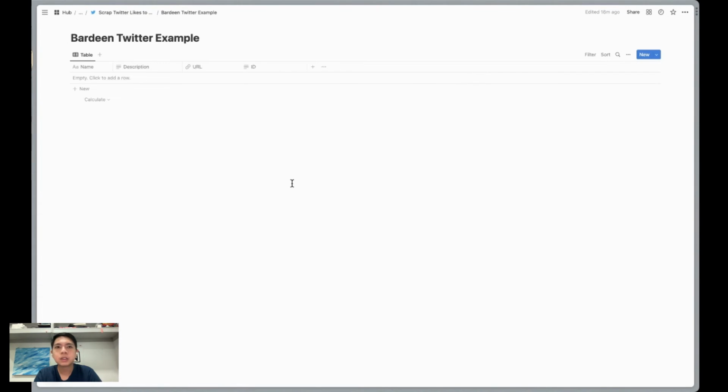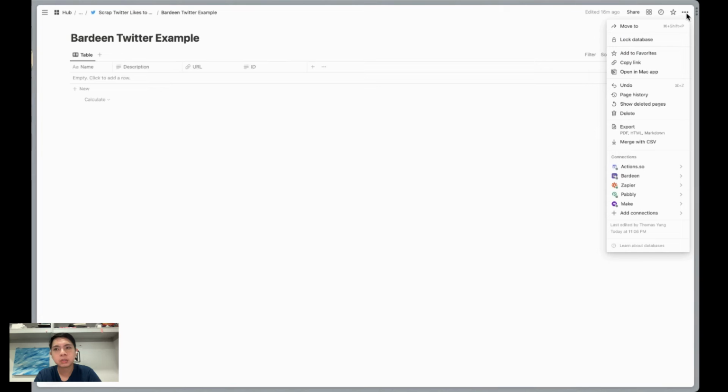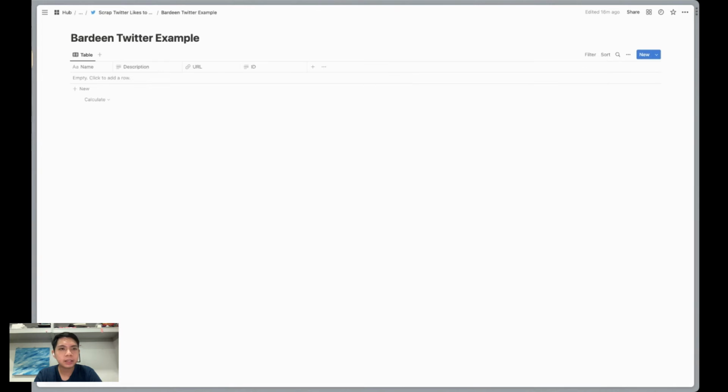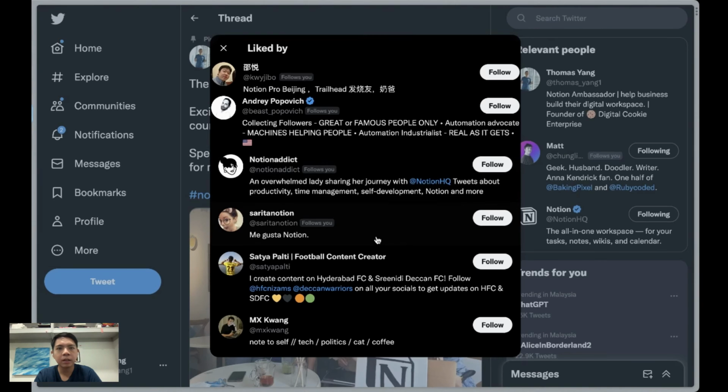So back to our example here. So we have the table here on Notion called the Bardeen Tutor example. So what you need to do is to share. So go to settings and then make sure that in connections you have Bardeen allowed. So in my case, I have already allowed it. If not, you can just go to add connections and just select Bardeen. Okay. And then the next step is we go back to Twitter and then we can go back to Bardeen